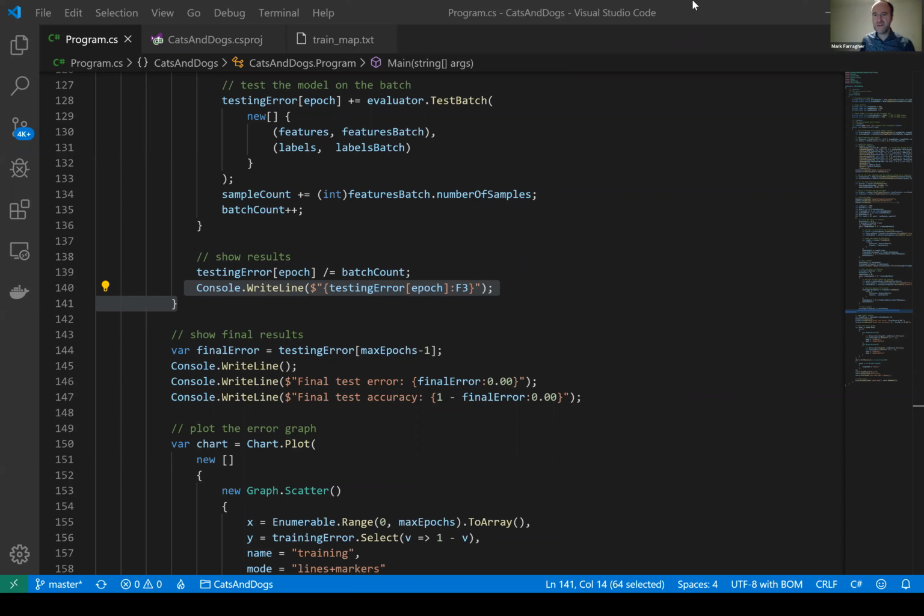And the reason I'm doing this is because if I train on images, eventually my error will be 0. If I train long enough, the neural network will perfectly predict every single image. However, if then I take a completely new picture of a dog or a cat and I show it to the neural network, it will do a terrible job. It will have a really bad prediction accuracy. And we have a special name for that. We call this overfitting. It is when the neural network has perfectly trained on our training data, and it has become such an expert on that specific training data that it really does badly on general data,